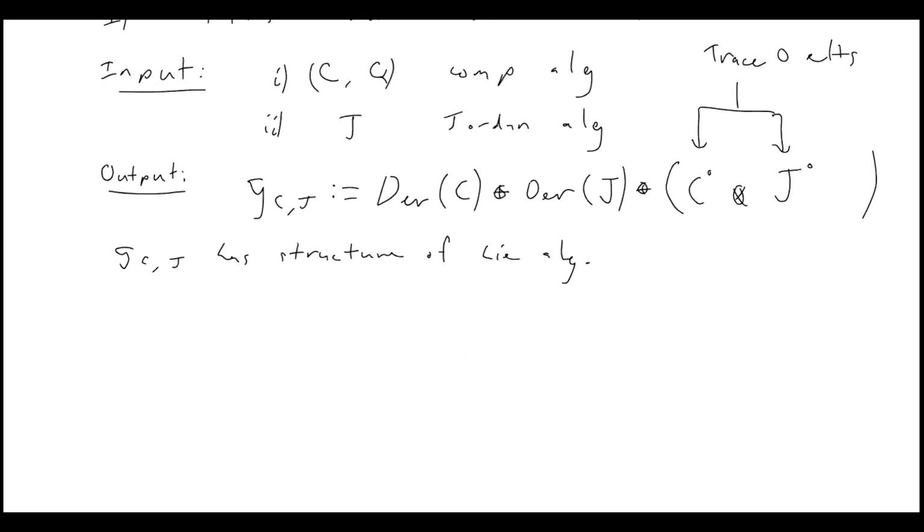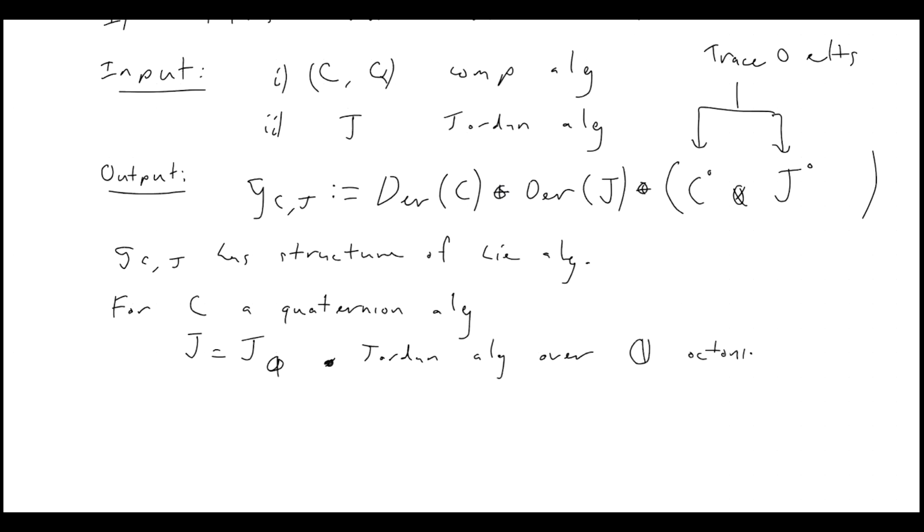In the case that we're interested in, for C a quaternion algebra, and J this exceptional Jordan algebra over the octonions, in this particular case, this G_{C,J}